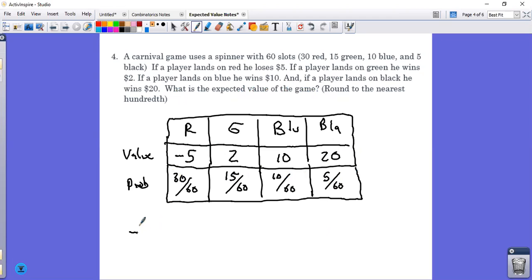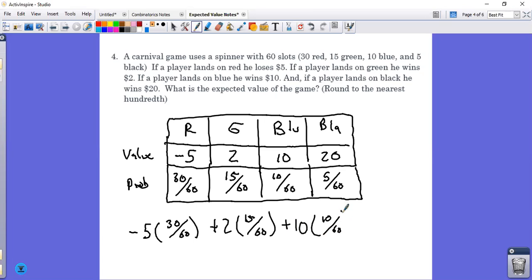So it's the value times its probability. You're going to lose $5 30 out of 60 times. You're going to win $2 15 out of 60 times. You're going to win $10 10 out of 60 times. And you're going to win $20